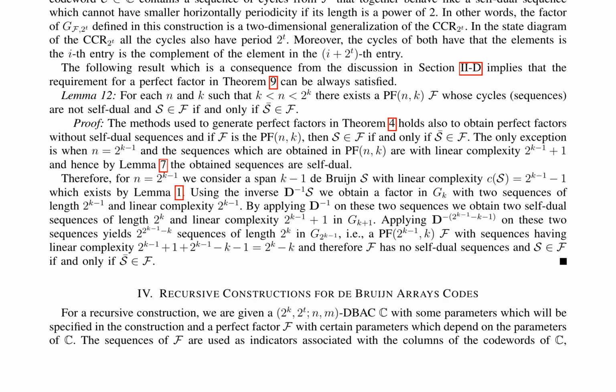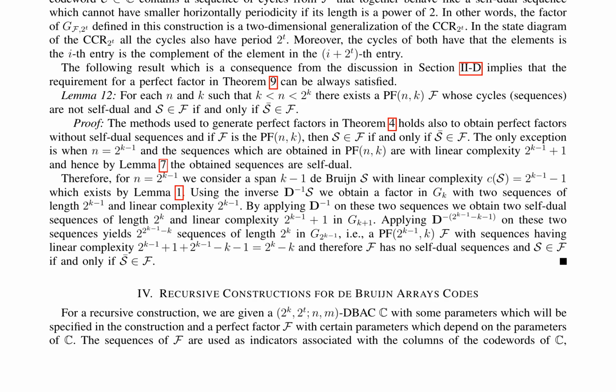research also introduces a recursive construction technique for de Bruijn array codes. This approach involves using a given DBAC and a perfect factor to create a new DBAC with specified parameters. This method enables the creation of more complex and diverse BBACs based on existing ones, expanding the range of possible constructions and applications of these codes. Overall, this novel method provides a systematic approach to generating BBACs with specific properties, enhancing the versatility of these codes